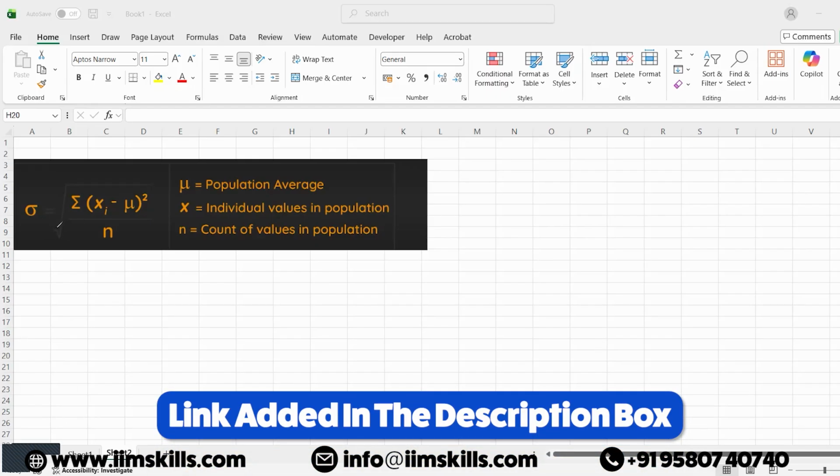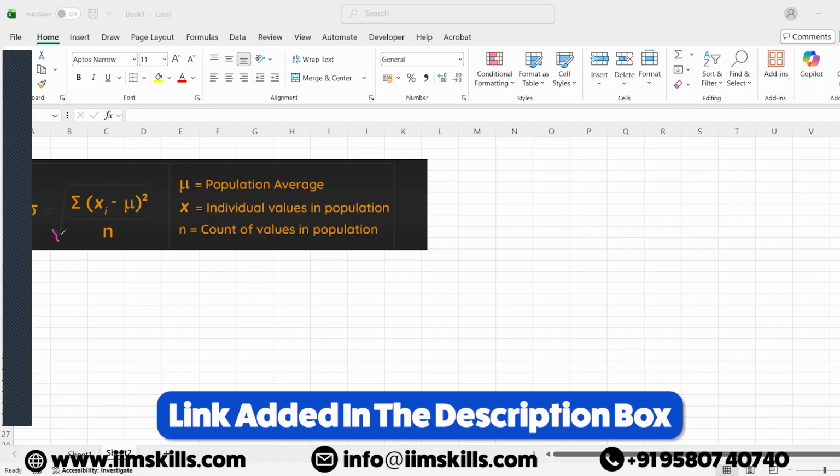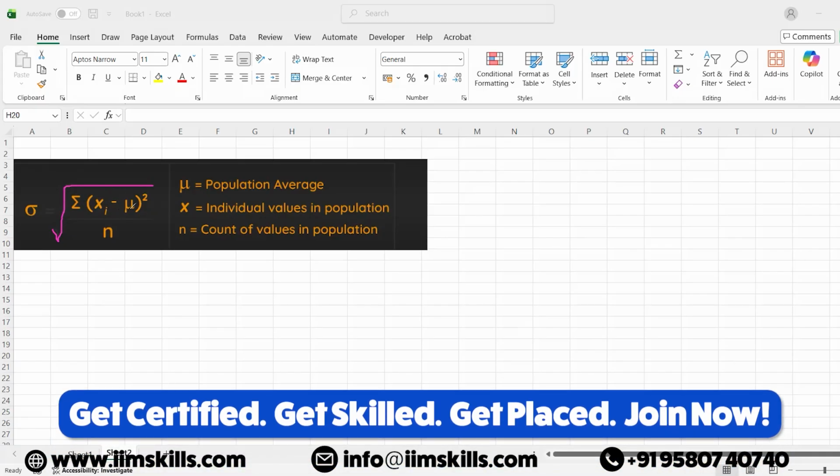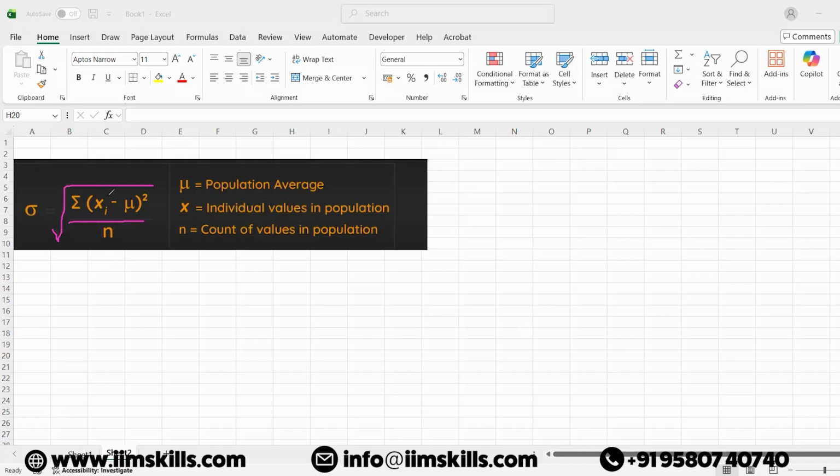So the formula is that standard deviation is square root of sum of your squares. Okay, so sum of your xi minus mu the whole square divided by n. Okay, so we'll understand each and every element in the formula. So xi, as I was telling, the standard deviation formula will include each and every data point in your data set. So xi is your each and every data point minus mu, the average, and divided by total number of